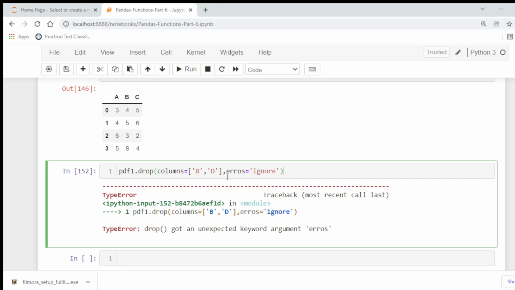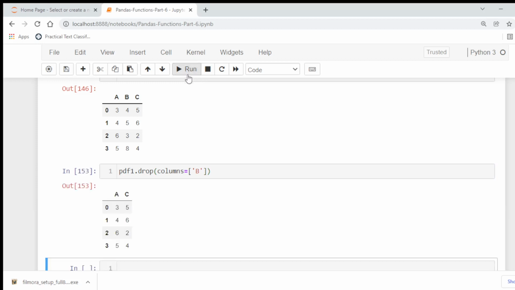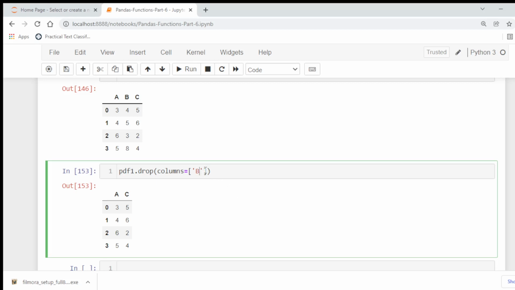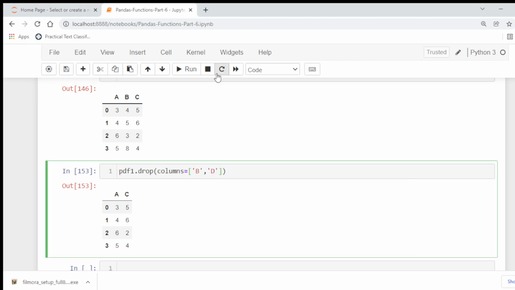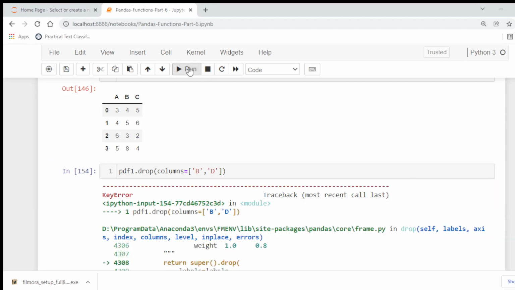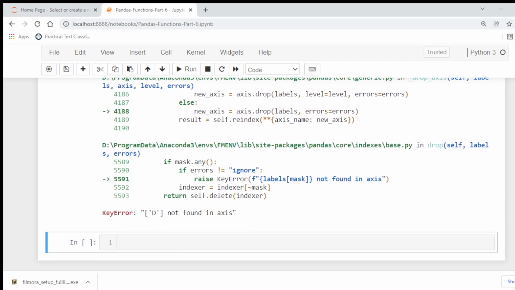Okay, drop, for example, we are going to drop the column B, so we have A and C. If we write columns B and D, it will raise the error because D does not exist, a key error. The error is explained here: D not found in the axis.